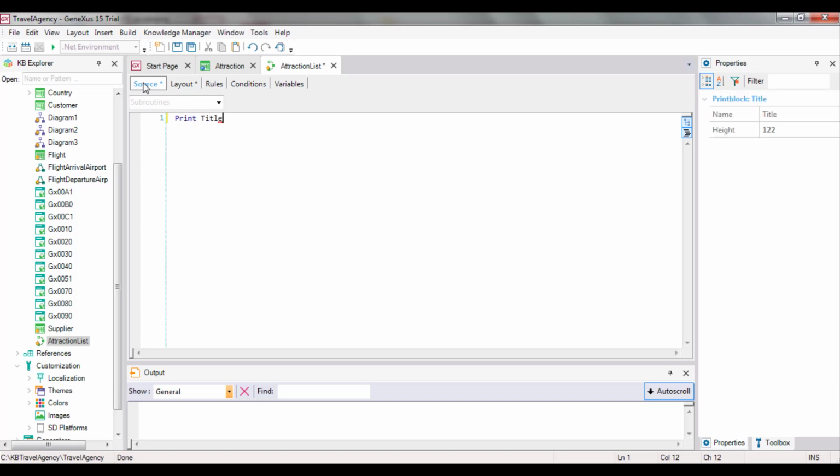Since the instructions we type in the source will be executed downwards, this instruction will be the first one to be executed. With it, we're sending the contents of the print block called title, which is the list title, to print. The print command must always be followed by the name of a print block defined in layout.